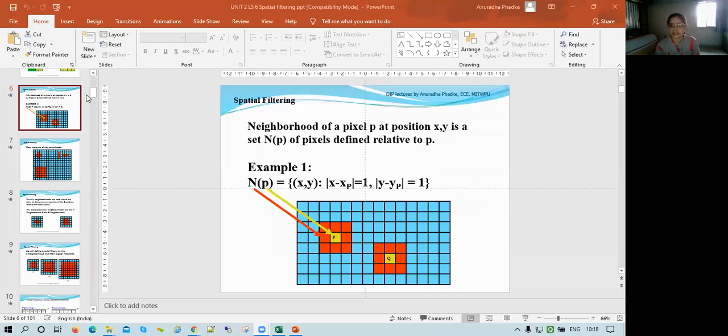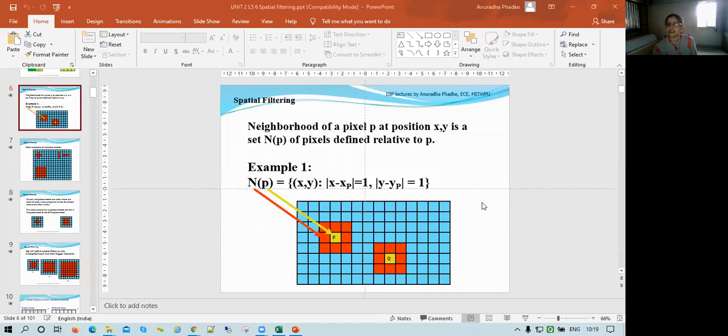Okay, so in yesterday's lecture, we have completed various point processing operations, and we have started with the basic concept of local processing. So basically in local processing, okay, so basically mask processing, we consider a pixel along with its neighbors in order to decide its enhanced or processed value. Yes, Nishant, your answer is correct.